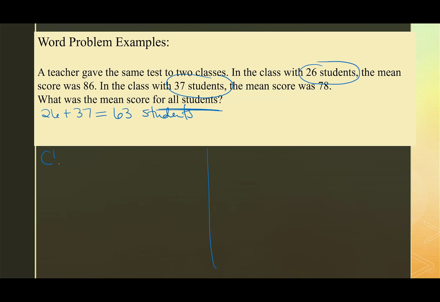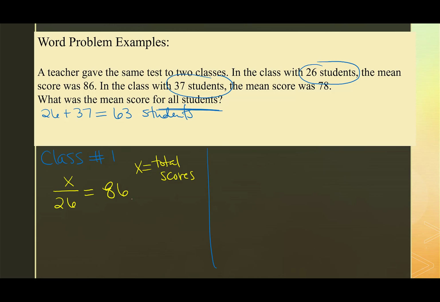Let's look at this one class at a time. Take a look at the information we have for class number 1. In the class with 26 students, the mean score is 86. So we can set up the equation x over 26 equals 86. And we're going to let x equal the total scores of class number 1. So if we have a total scores of x, when we divide by 26, we know the answer is 86